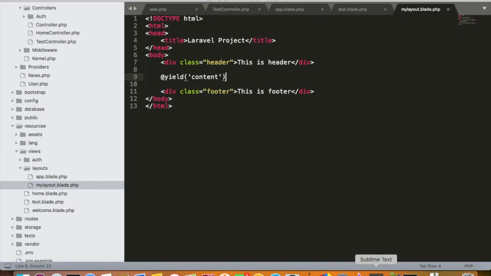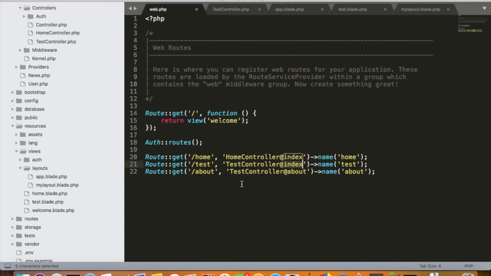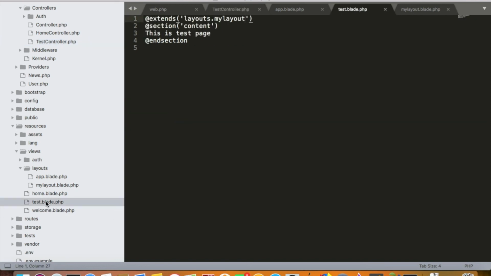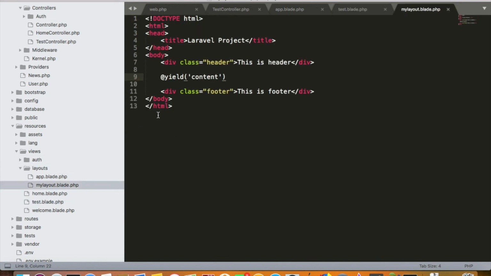So what's happening, let's see. Inside our routes we have said that test means the test controller's index function. So it goes inside the test controller and calls the index function, and the index function is saying to return the view called test. So it is now checking for the view named test, and it finds it over here, and this test is saying that it wants to extend the layout called my layout, which is inside the layouts folder. So it grabs the content from my layout, which is the layout that I just created,